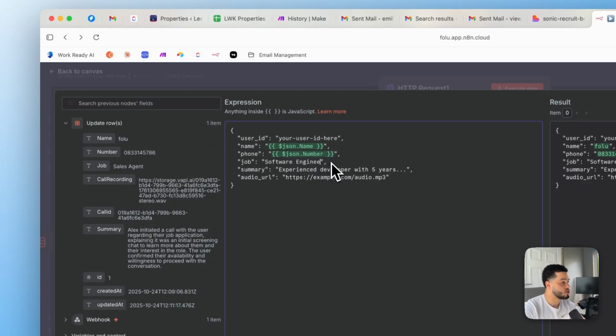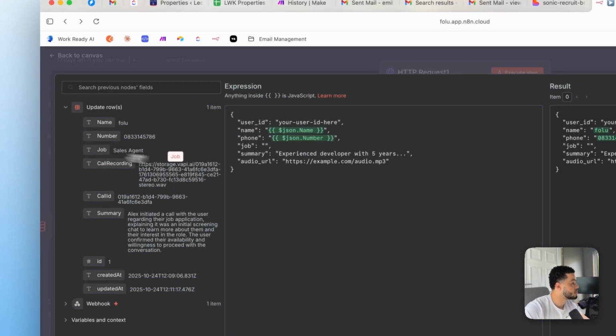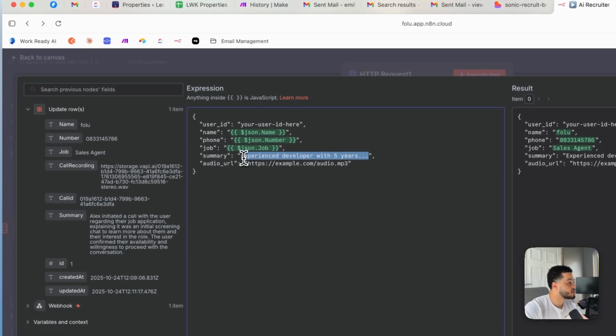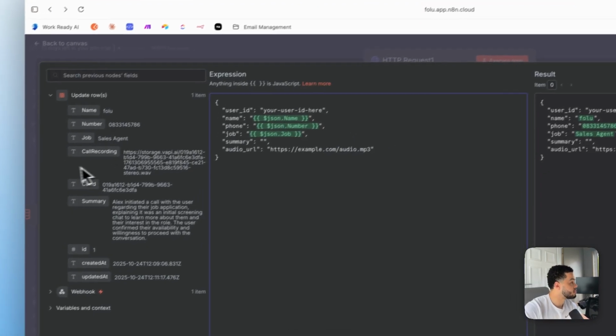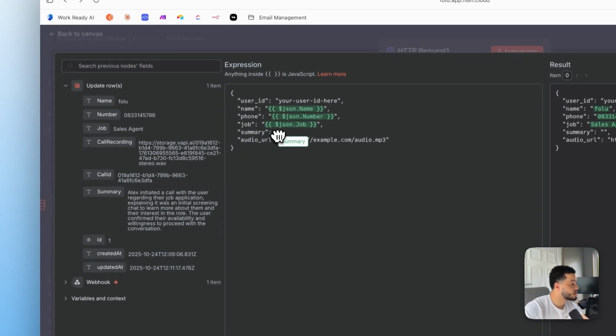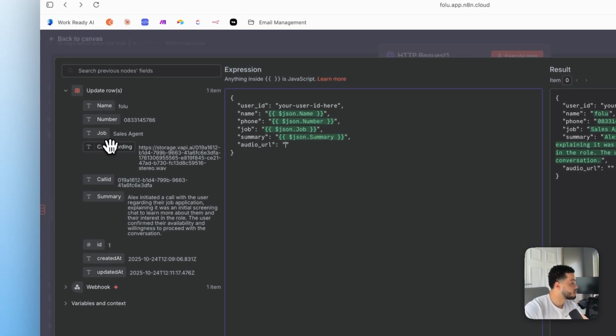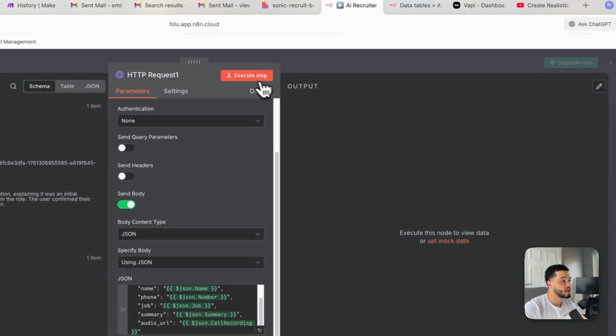Let's change their job, so we can use the one from over here. So we can put in the job right here. Let's change the summary to use the one from the previous node, which again is summary. And let's also change the call recording to use the one from the previous node, which is call recording. So now if we execute this step,